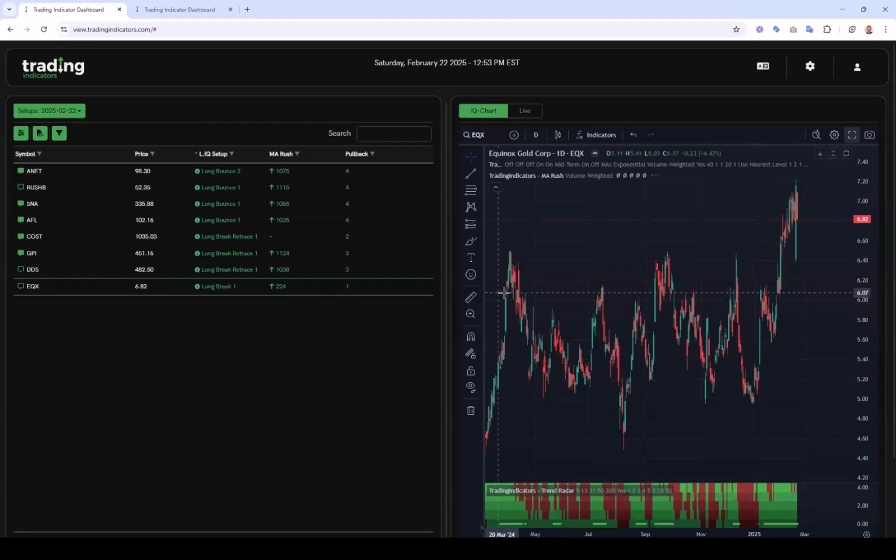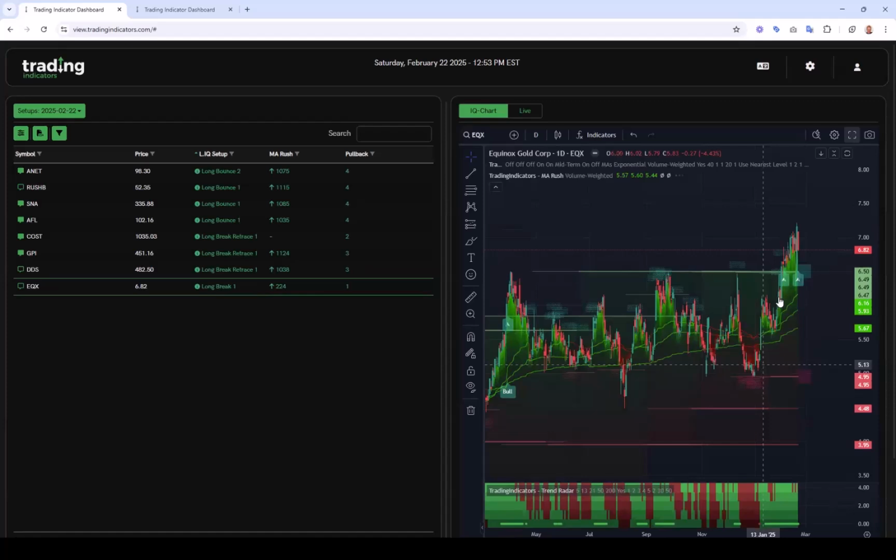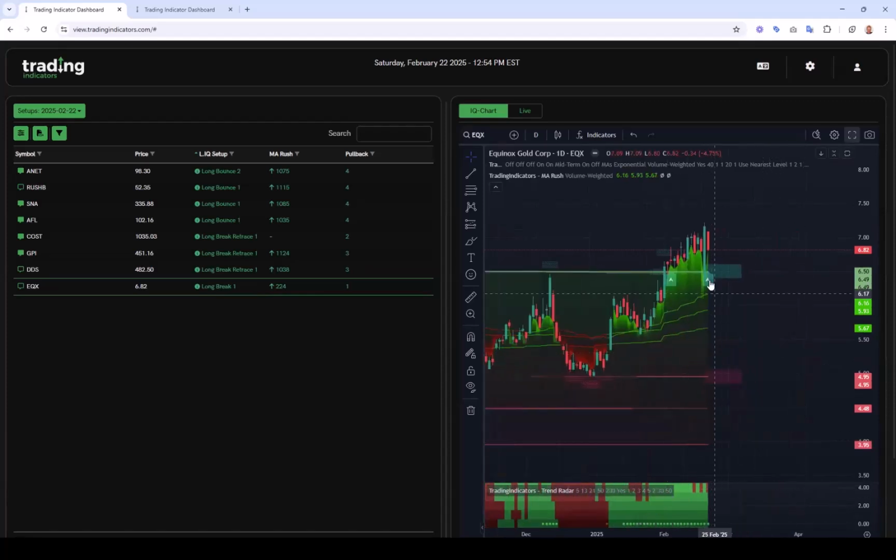And EGX, I mean, we broke above our resistance. It's in a long break state despite this down bar here. I'm going to skip it too for two reasons. First of all, it's a bit too cheap for me. I don't like to trade these stocks which are below $10. Too unpredictable, especially if things don't work out right away, if you want to go long,